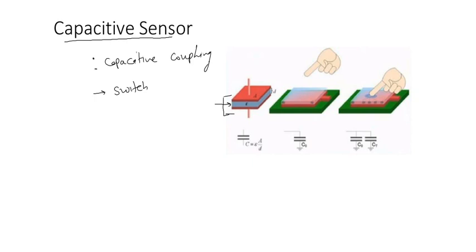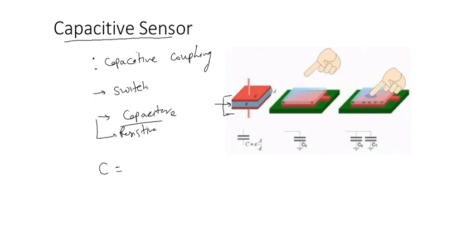So there are two kinds of touch sensors we are using. One is capacitive, and another is resistive, right? Capacitive is most widely used because it is easy and provides a good touch, right? Now if you see the operation, how does it work? What is happening when you are bringing your hand closer? This is an open circuit, or an open switch, right? So when you are bringing your hand closer, the capacitance will change.